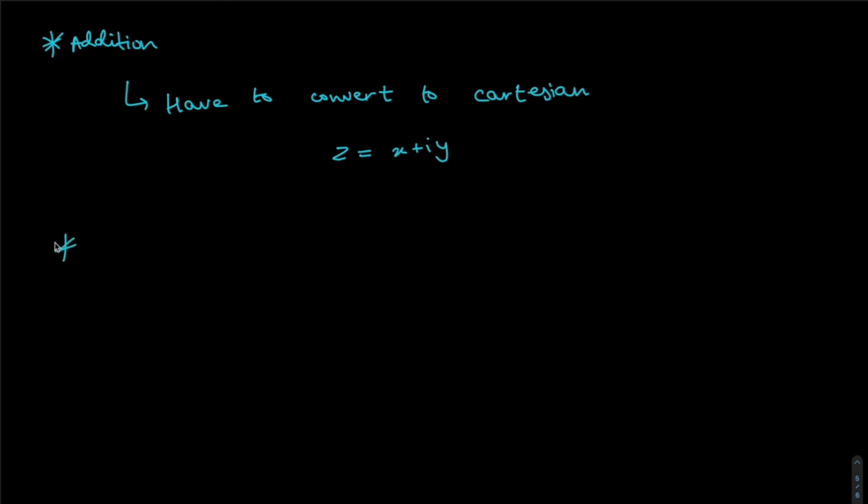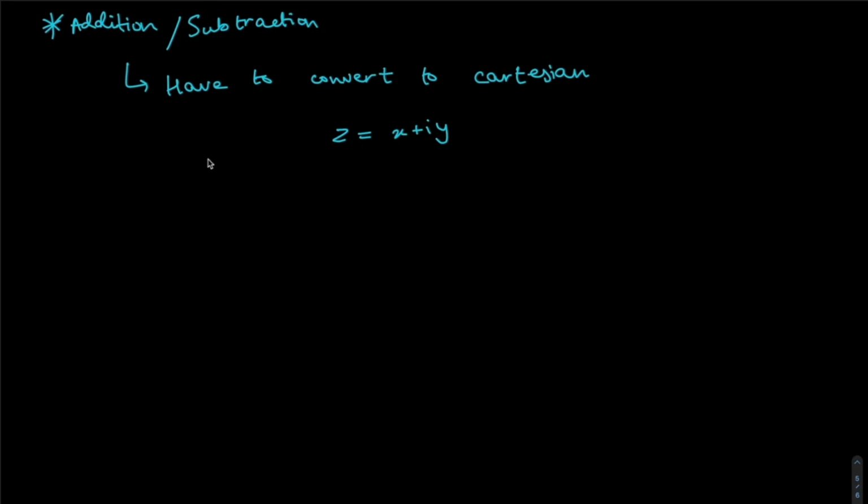Now let's look at subtraction also. So for addition and subtraction, I'll just club them together. For addition and subtraction, you have to convert to Cartesian form and then do the addition and subtraction. But for multiplication and division, you can use polar or Euler, or you can use your Cartesian form. It doesn't matter. But the whole idea of using polar form or the Euler form is in multiplication and division,